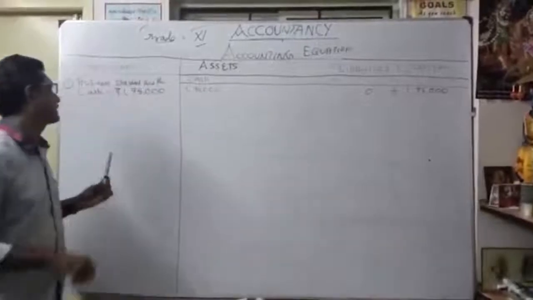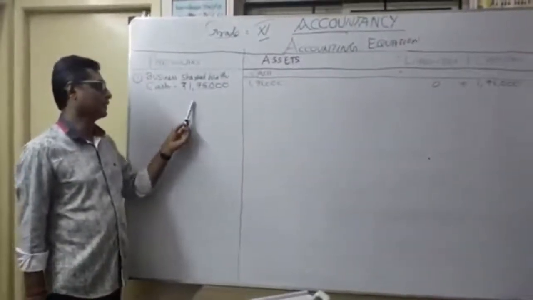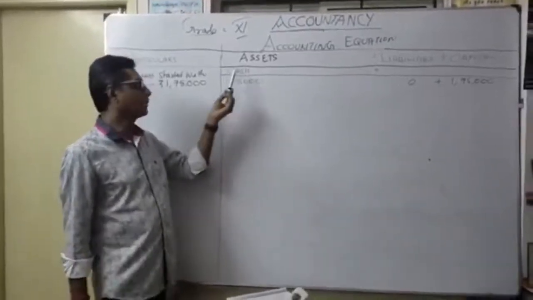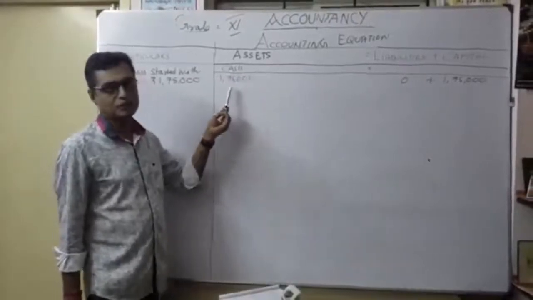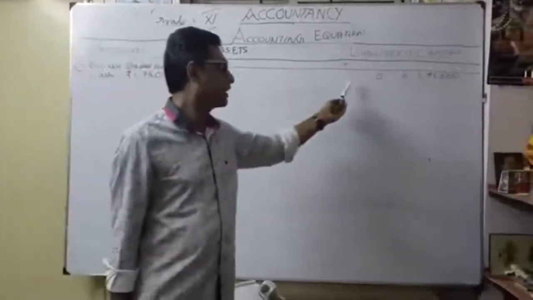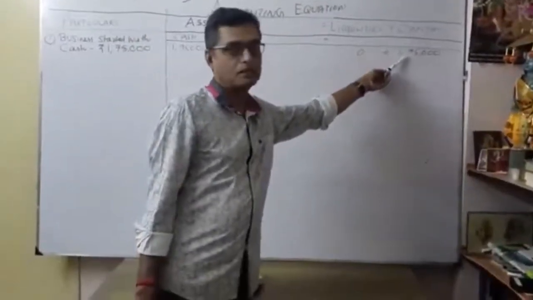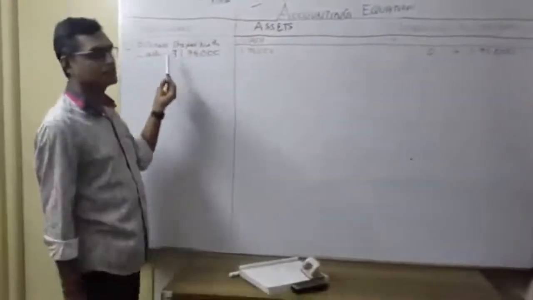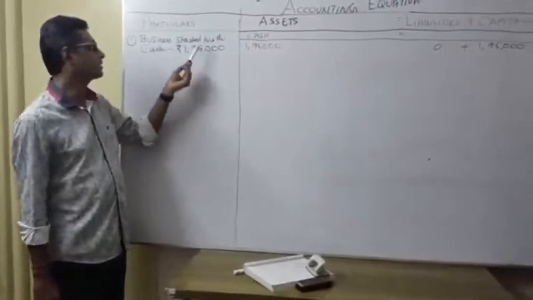I repeat once again. Business started with cash, so 1,75,000. We invested in the business, so we got money, cash. I am going to write cash coming under assets, so 1,75,000. Here also 1,75,000. Again on this side there are no liabilities; I have written it under capital. Now we got it. That's the idea here. The first transaction is called a business transaction, a business activity: business started with cash.